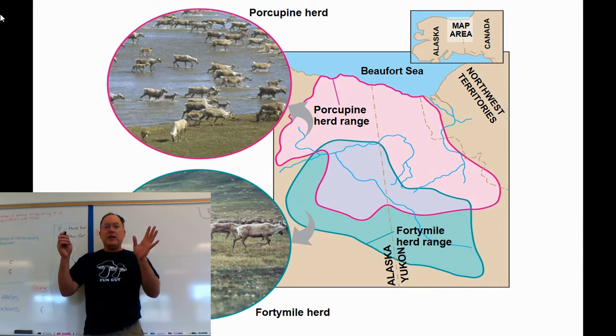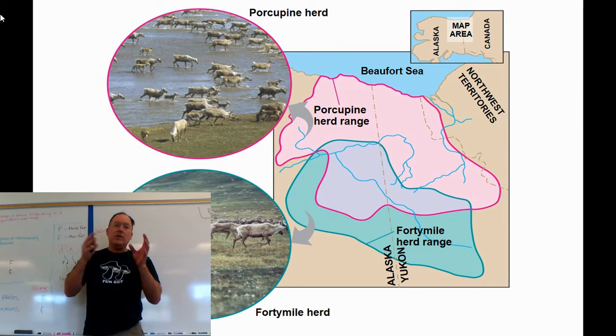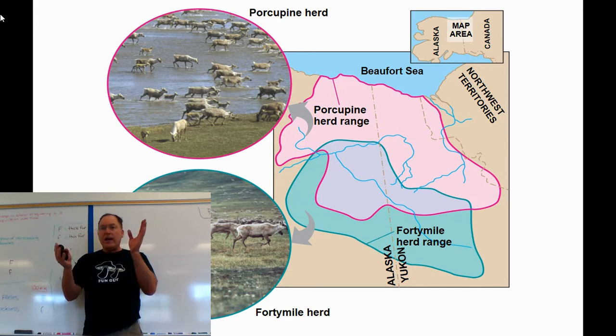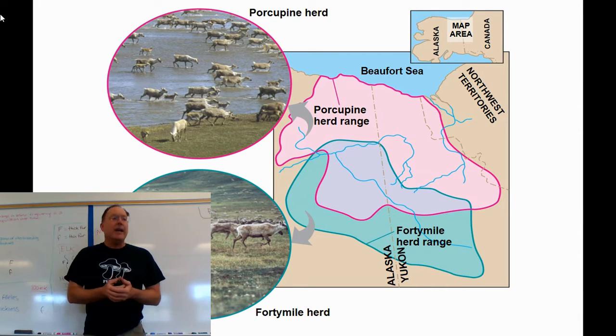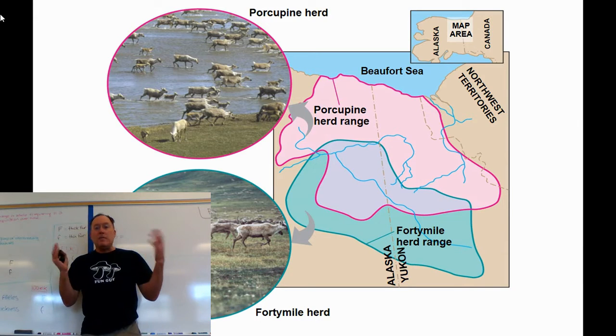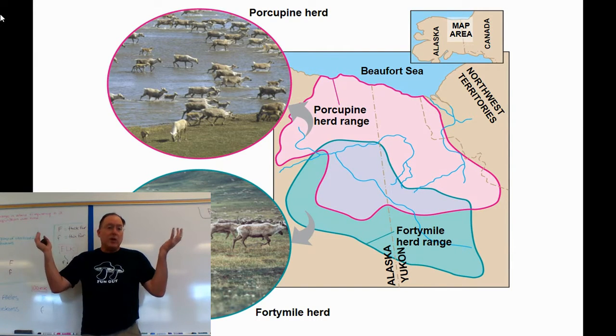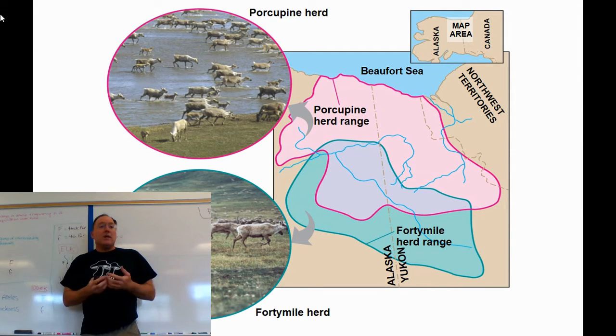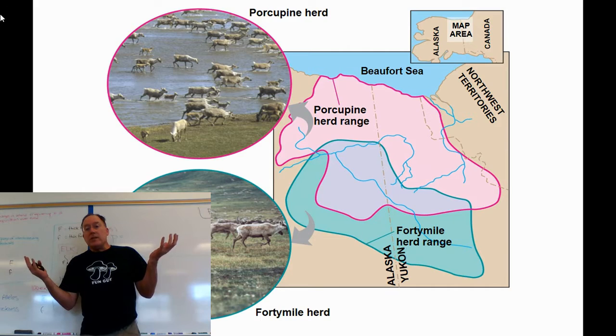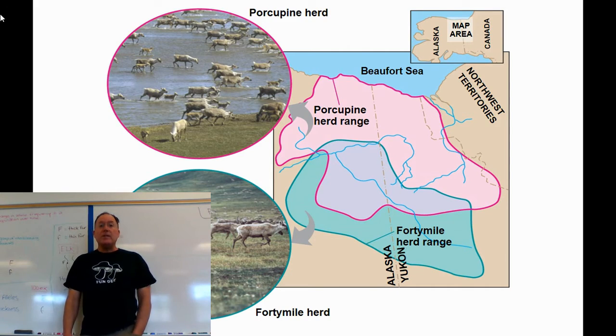The point is that there are different populations in the same area. Now, these guys live together and interbreed. The range might overlap with another population, but that doesn't necessarily mean that they're going to strike out and make babies with the individuals in the other population. It's just like people from the United States of America and people from Mongolia or Papua New Guinea. They're just different populations of people. They can interbreed, they're part of the same species, but it's not likely that they would, just generally speaking. But sure, it could happen. No problem. So that's a population.